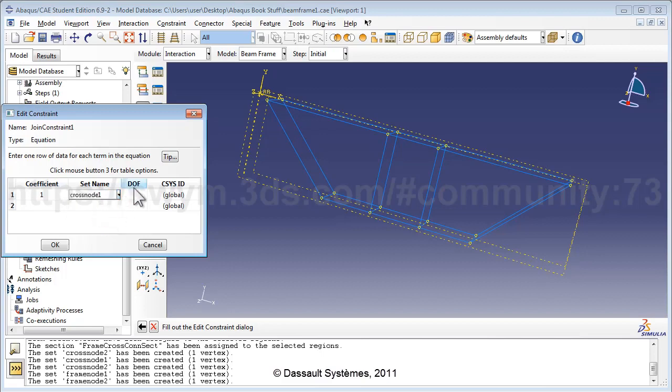And this equation is dealing with constraints in the x direction, so we're going to set the DOF, or degree of freedom, to 1. We're going to set a2 to -1, and the set to frame node 1 with the same degree of freedom, because that's also for the equation in the x direction. So what this represents is 1